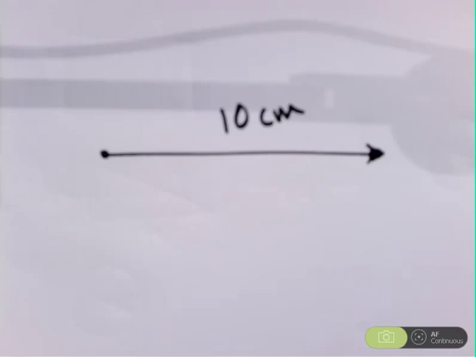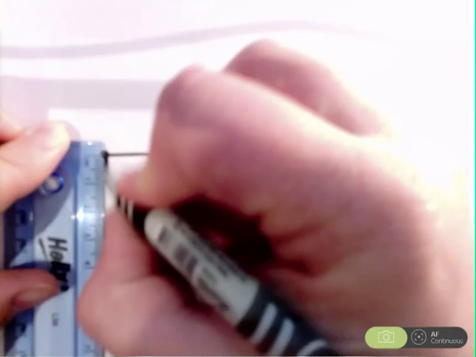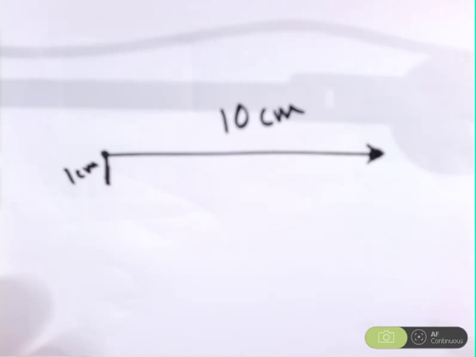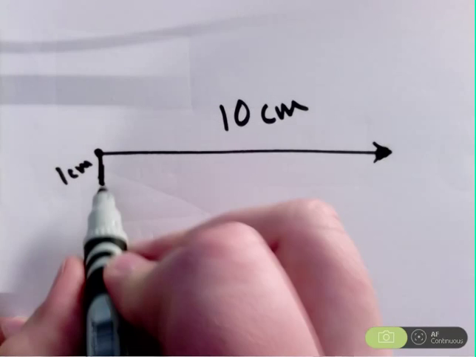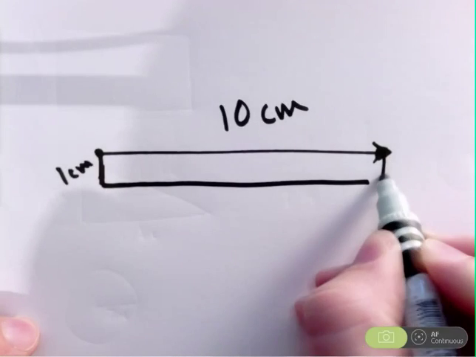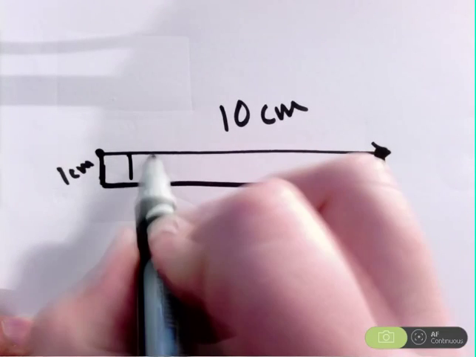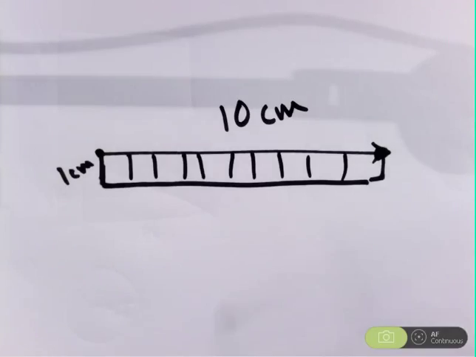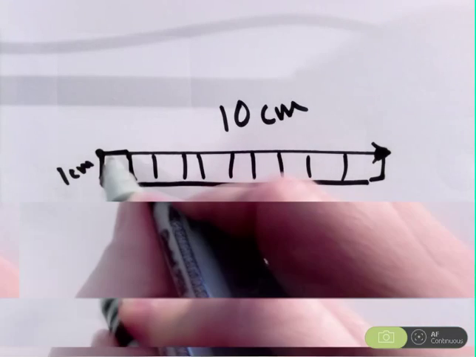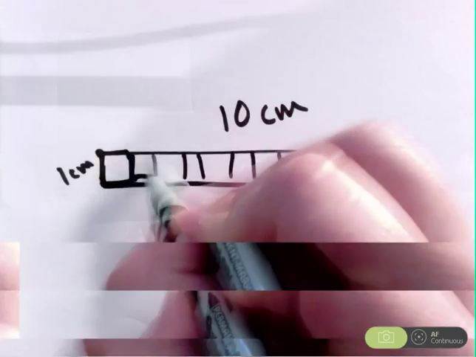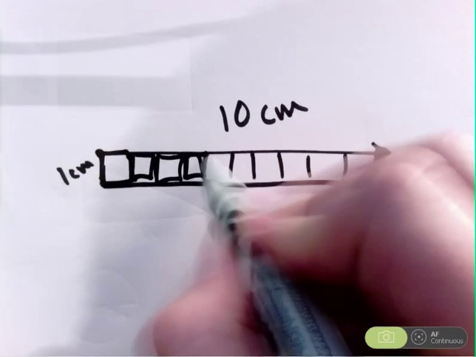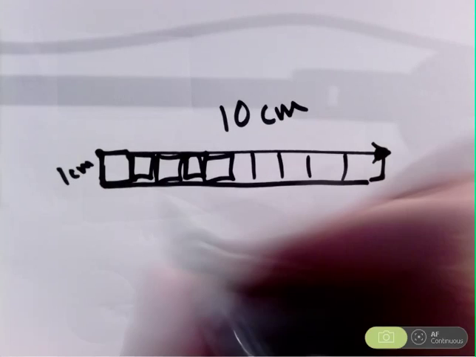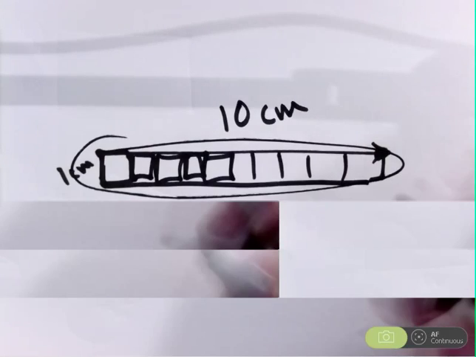If this were 1 centimeter long or tall and made a little rectangle like this, there'd be 10 centimeters on the inside. Now, I didn't measure all these obviously, but each one of these is going to be a square unit. Okay, so there's 1, 2, 3, 4, 5, and so on until we get 10 of them. That means that this little rectangle here, this little bar, is going to be 10